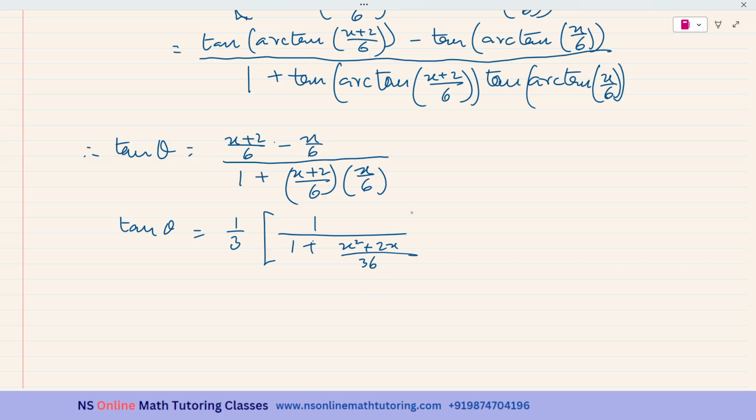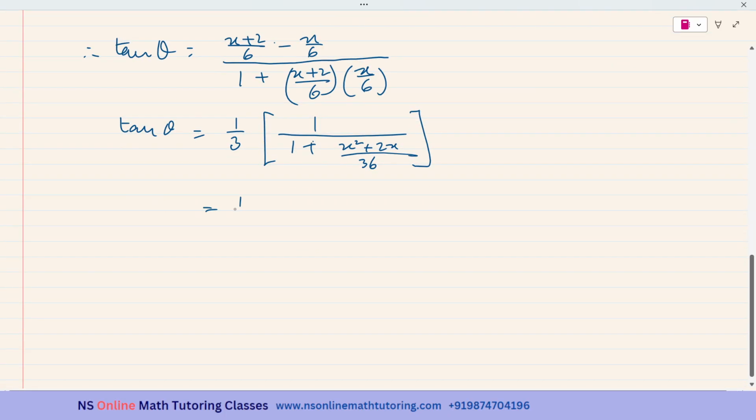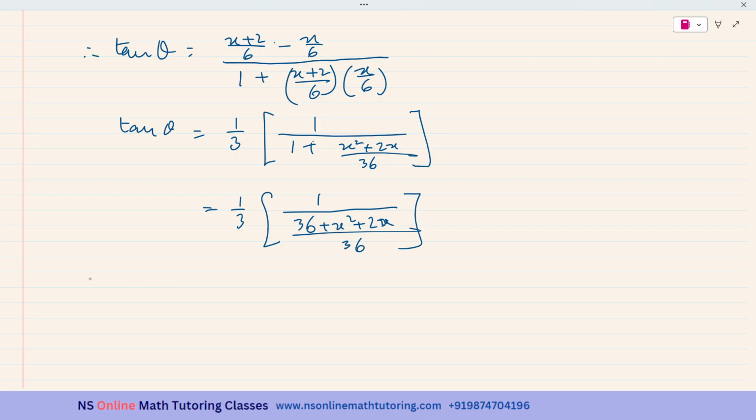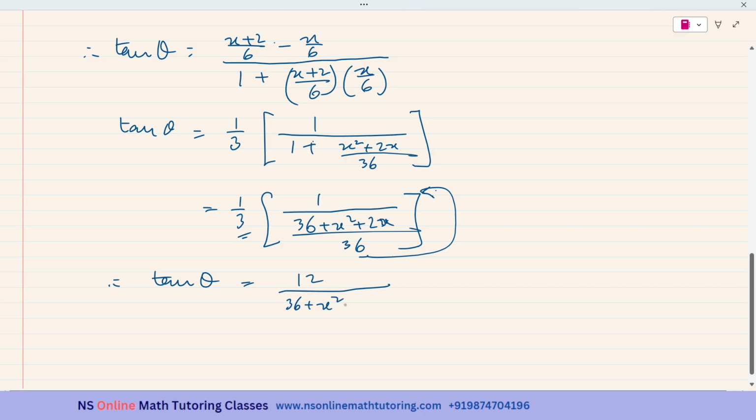Okay. So equal to 1 over 3 over 1 over 36 plus x square plus 2x over 36. So therefore tan theta, 36 will be moving up to the numerator and 36 divided by 3 is 12. So this will be equal to 12 over 36 plus x square plus 2x. Okay. Now